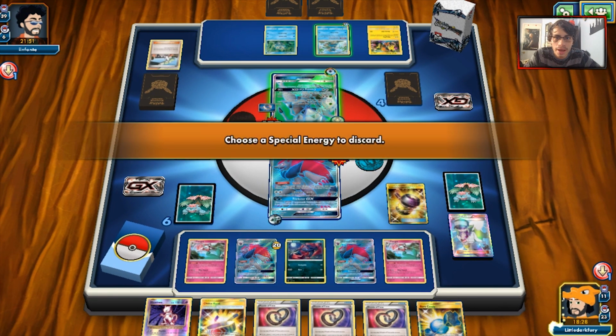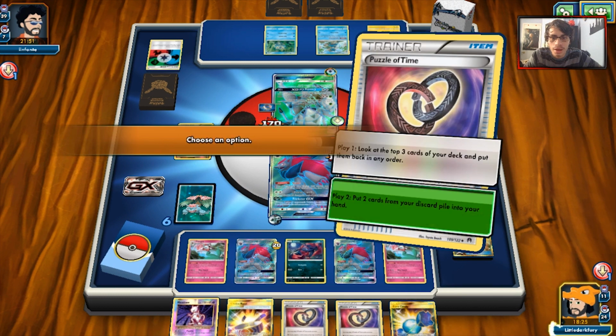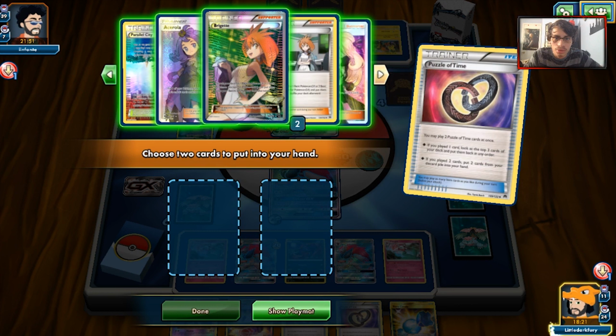We'll Enhanced Hammer that off. And here is the magic of this deck. This is how this deck works, folks. Look at that. We're going to be able to double puzzle for...